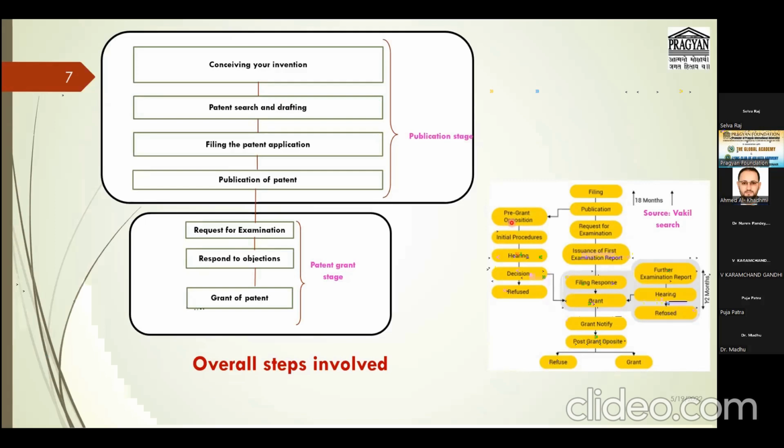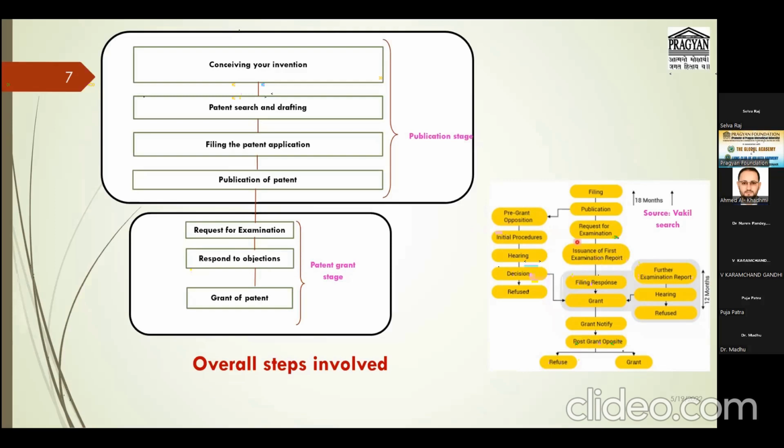Indian Patent Act 1970. It has some sections, some forms, some rules already. Accordingly, we can work on particular things. So basically, we should know what the rules are, what the sections are, and what the fundamental forms are needed for our patent. You have to go through these on the official Indian patent website.